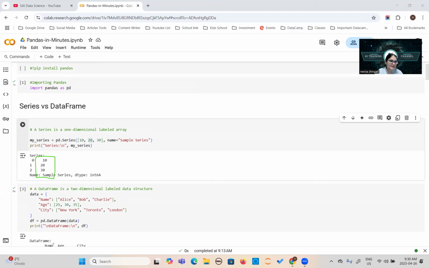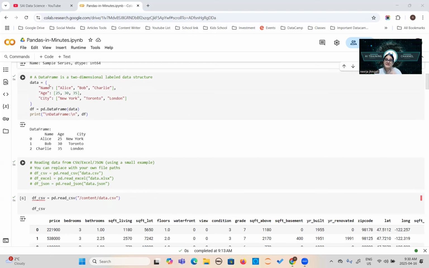Okay, and now we will move ahead. Let me clear all my drawings here. A data frame is two-dimensional, because it contains your columns and features. Look at this: name, age, city. It contains more than one column. This is called a data frame. This is not an array, this is not in vector form, this is not one-dimensional. This is more than one-dimensional. It contains the labels too.